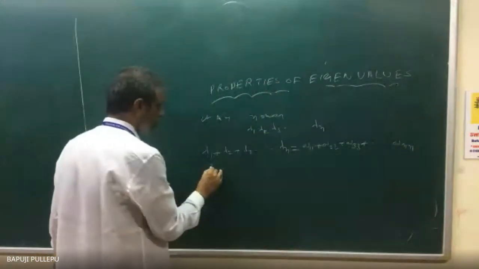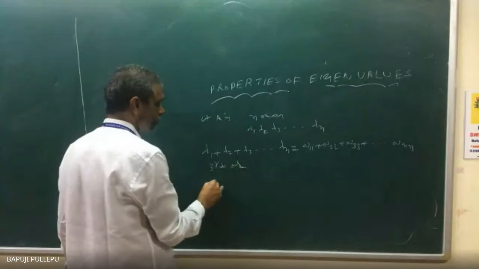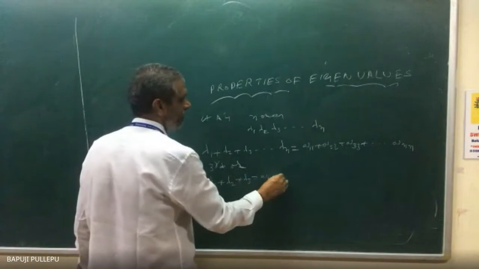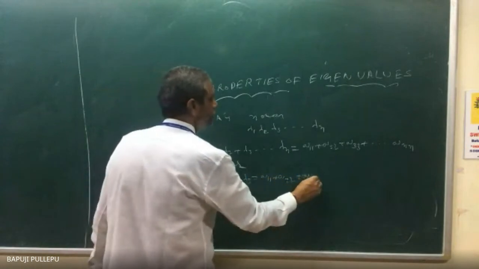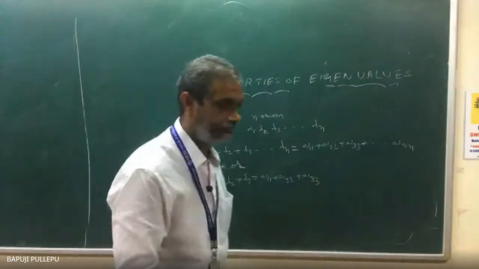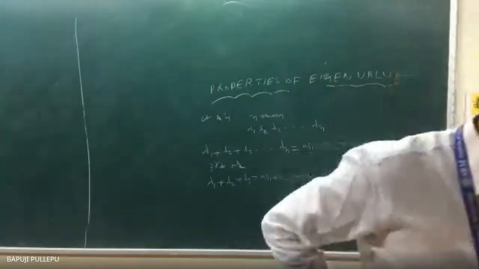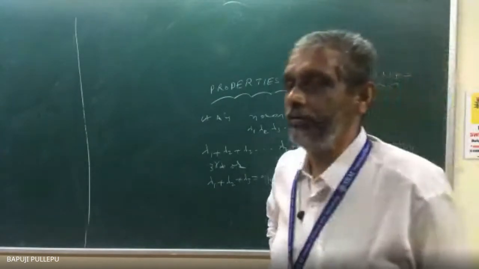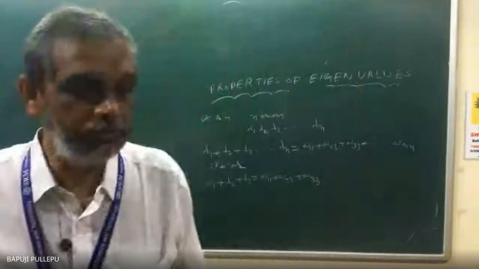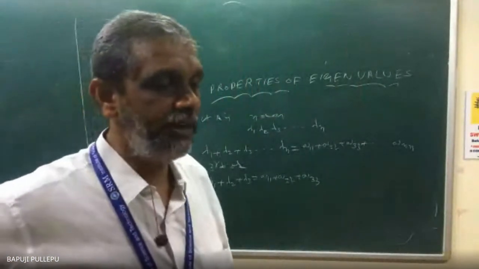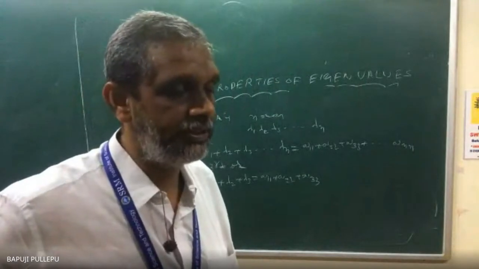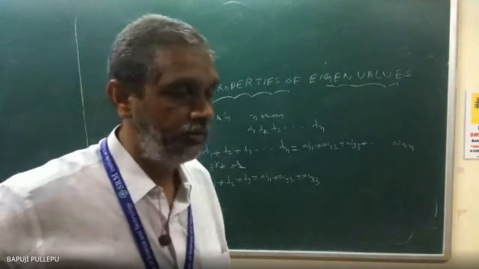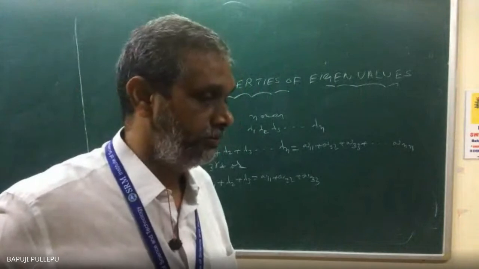Suppose we have a third order matrix. How many eigenvalues do we have? Lambda 1 plus lambda 2 plus lambda 3 is equal to A11 plus A22 plus A33. Correct? Any doubt? Nth order means n eigenvalues. The sum of the eigenvalues is the trace. Trace means the sum of the diagonal elements, A11 plus A22 plus A33. The main diagonal is called the principal diagonal. Okay, any doubt? No, sir, no doubt.